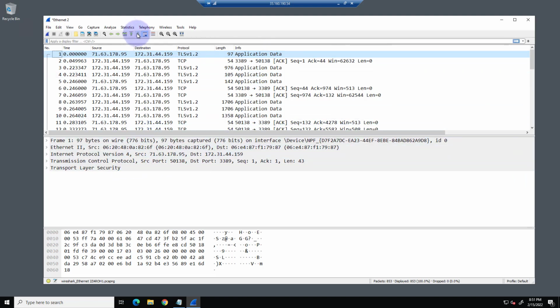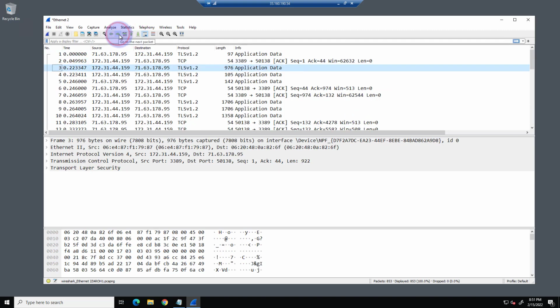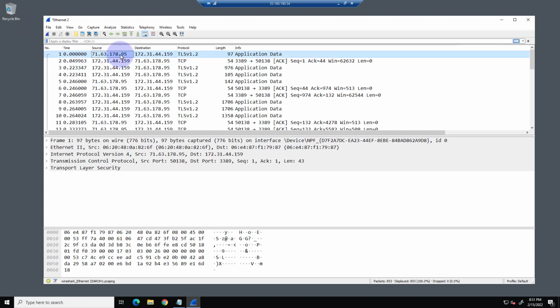So I can scroll through here and see each one of those packets as I go through. This first one is coming from my machine, which is the source, and going to this machine,